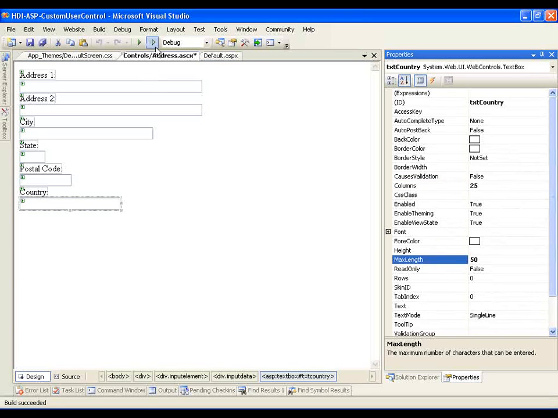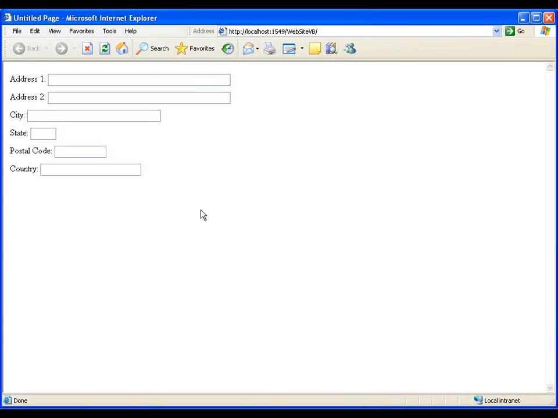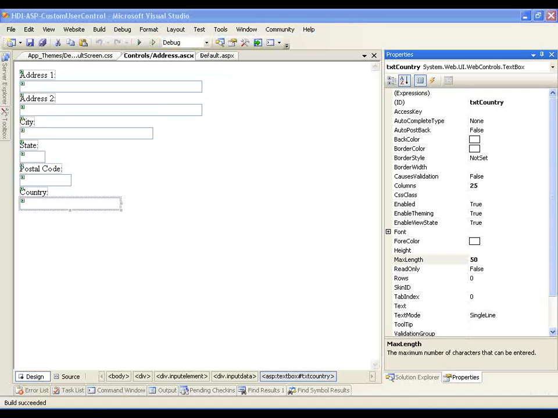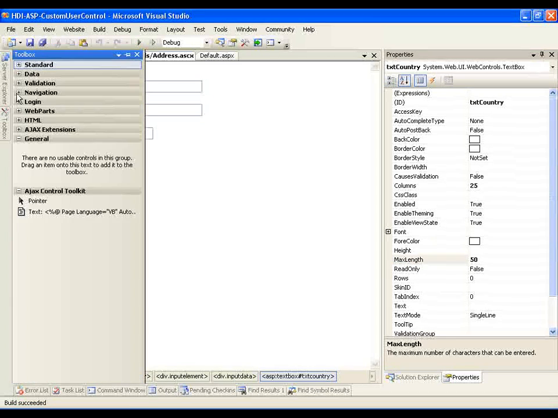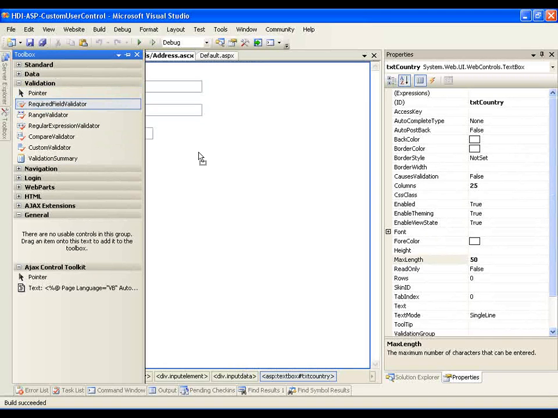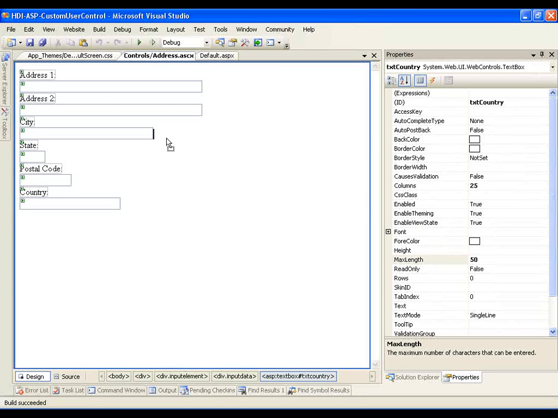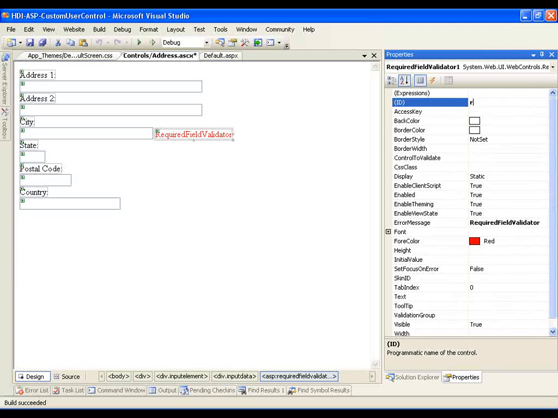So let's just run the page and view it again to make sure we're getting what we want. And indeed, now it's much closer to what we want. We probably would want to align these labels and text boxes as well. So the next thing we'd like in our user control is to have some standardized validation. So the first validation that we would like is to have the city be a required field. So we'll take a required field validator, and we'll put that out here to the right of the text box, and we'll call that required